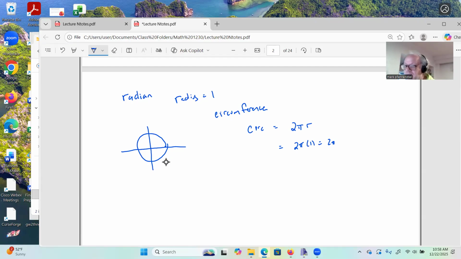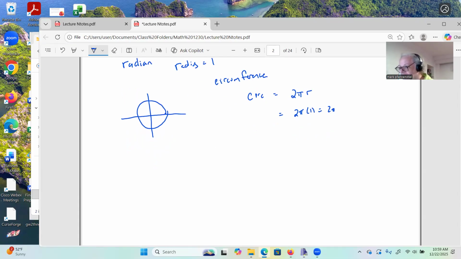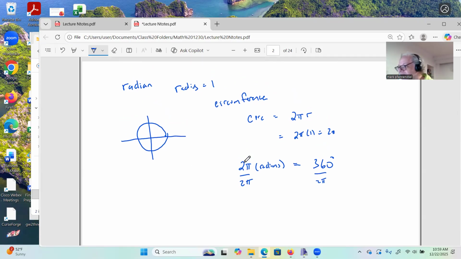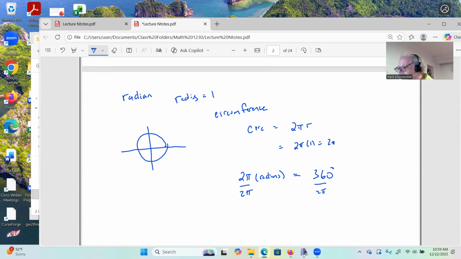Now, when we do write a unit for degrees, we don't normally write a unit for radians. So we're just going to say the distance around is 2 pi. We just know that that's one rotation around. So we're going to say that 2 pi, and I'll put radians in parentheses here, because again, we don't normally write radians, is equal to 360 degrees. I'm going to divide both sides by 2 pi. Okay, so we could say that 1 radian